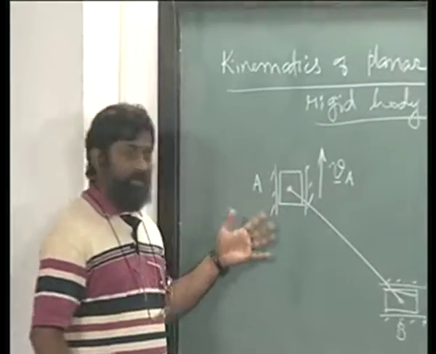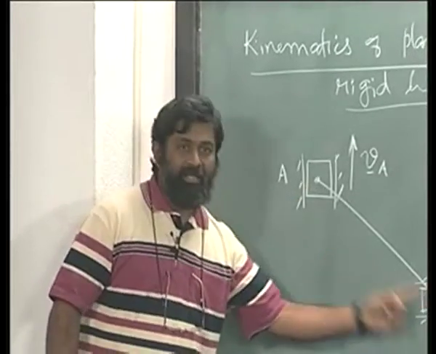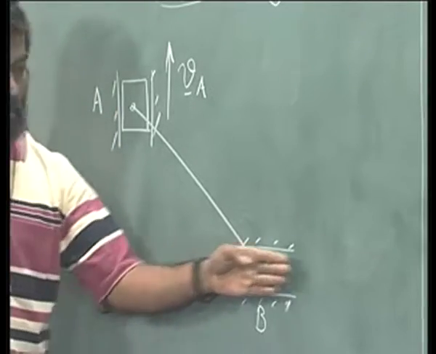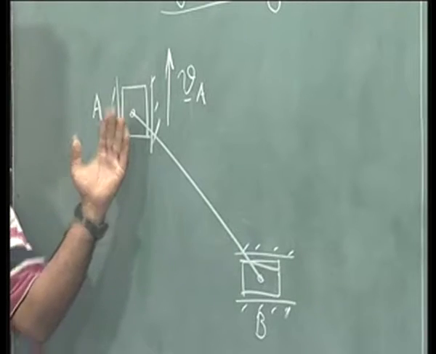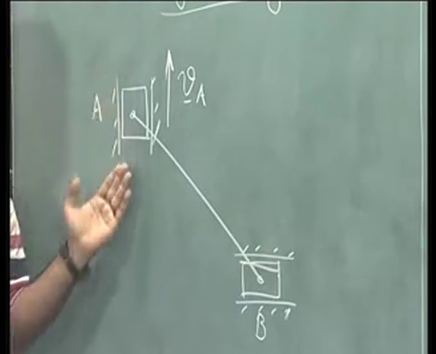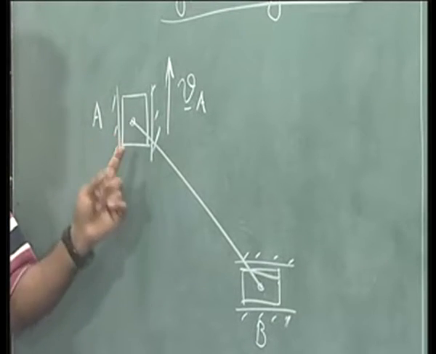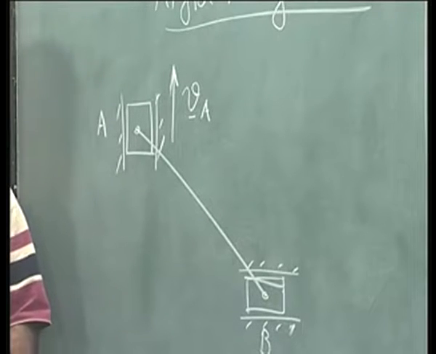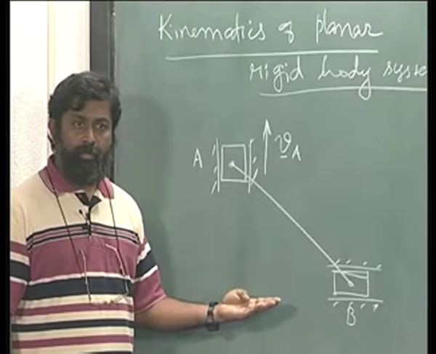Now, this is one category of problems. I have one rigid body here, AB, connected to two blocks. One block is constrained to move along this slot and another is constrained to move along this slot. Usually the velocity of this is given and we need to find out the other quantities. How do we proceed in this particular type of problem?